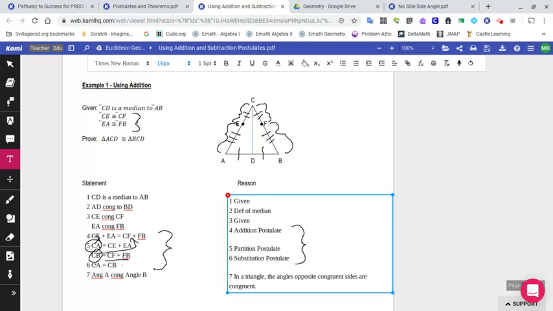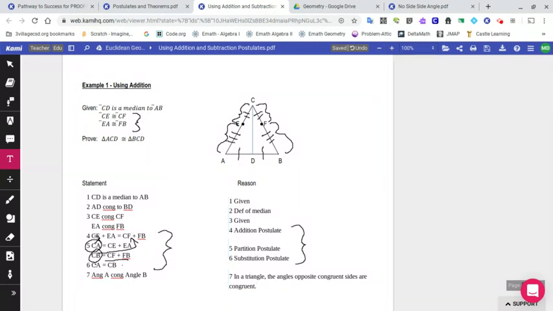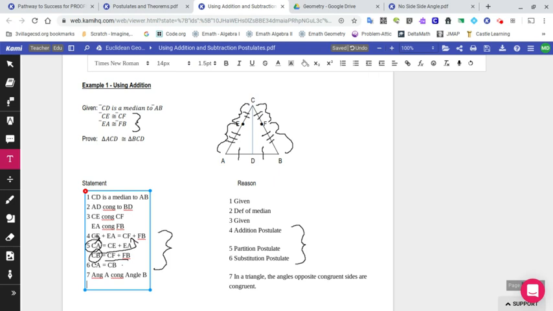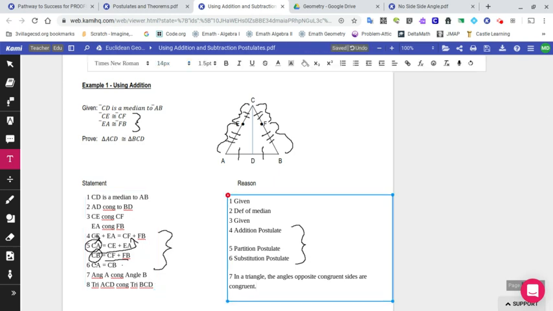Since AC equals BC, that's an isosceles triangle, and A and B are the base angles of that isosceles triangle. So in a triangle, the angles opposite congruent sides are congruent. So now I can say that triangle ACD is congruent to triangle BCD. And the reason that I'm going to use, since I used those angles, is now 8,